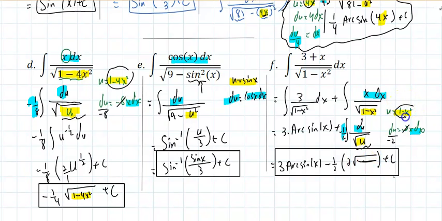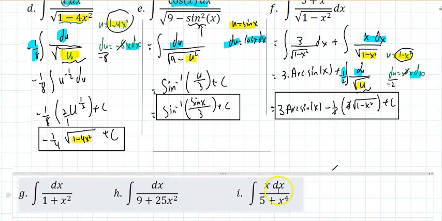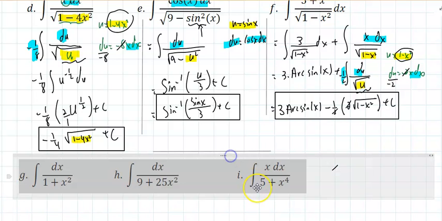U was 1 minus x squared. Of course, those cancel out, and that will be my final answer, and there it is. Now, if I get to a tangent, well, the same deal happens. The first problem is nothing more than a direct